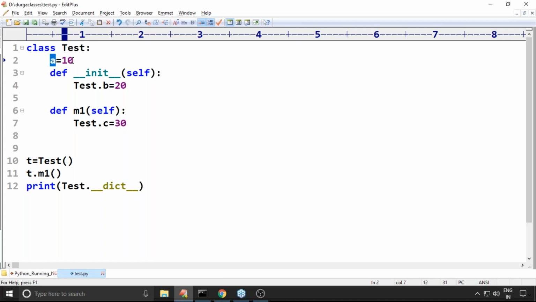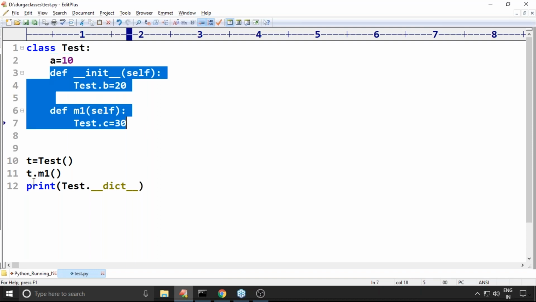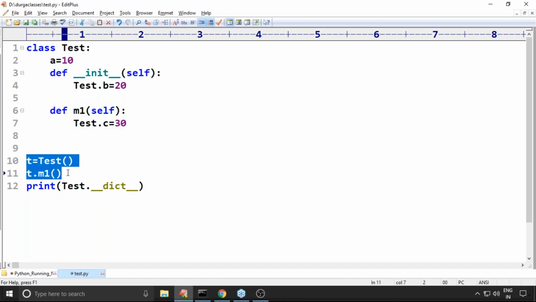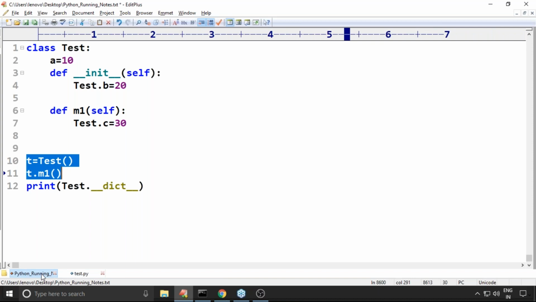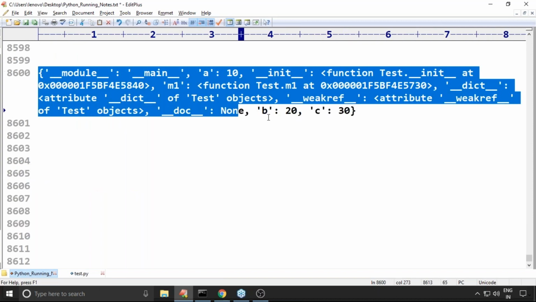Maybe a will be created at the time of class loading, but b and c will be created only whenever you call them. That's why don't worry much about it. Just be aware whether these came into our dictionary or not.